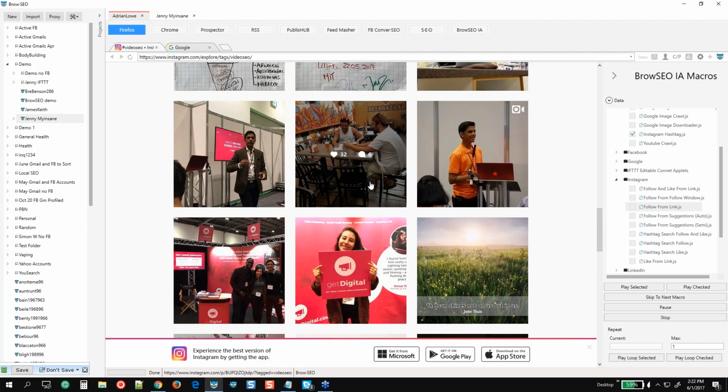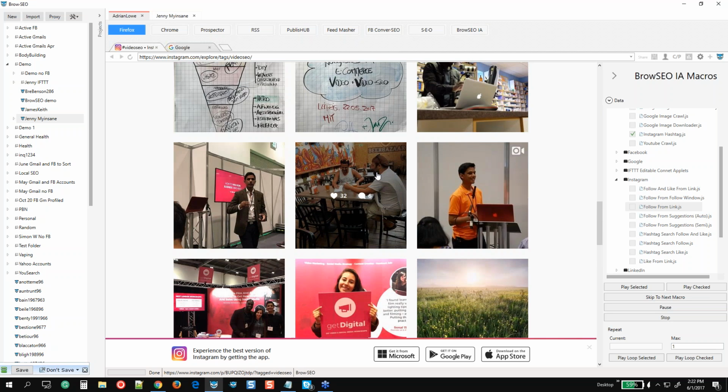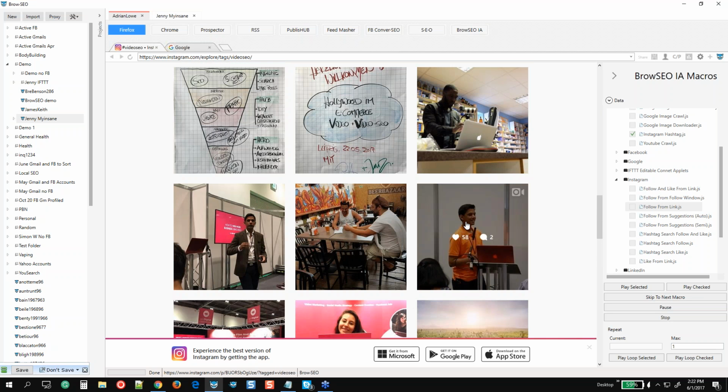But there are people targeting these searches, and they're not that competitive, right? So there are people looking for this stuff, and they're not that competitive, and these are the kind of tags that you're going to want to be targeting at first. So that's the ideal, that's the kind of hashtag strategy you want to be employing when you first get started with a brand new Instagram account.